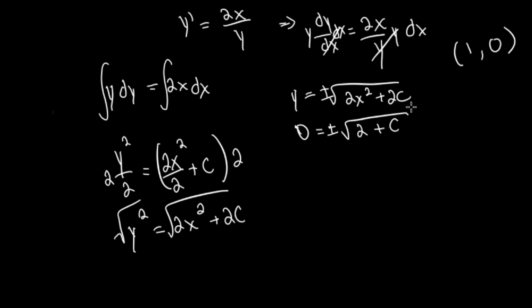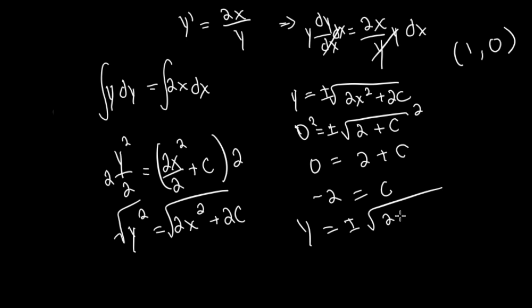So we can square both sides. We're left with 0 is equal to 2 plus c. We can subtract, which leaves us with c is negative 2. So then we have y is equal to, again, we still don't know if it's plus or minus just yet, 2x